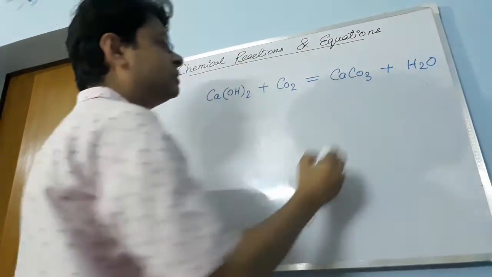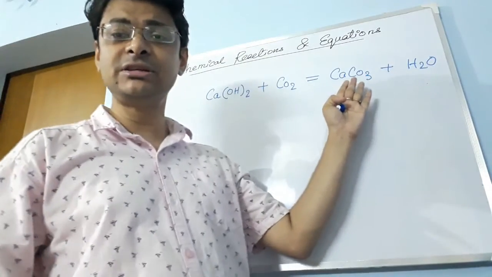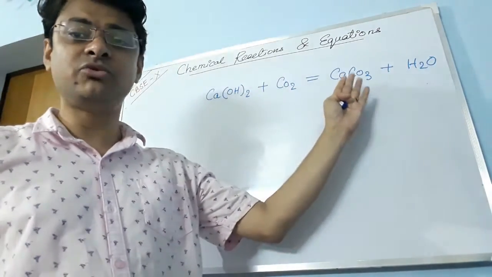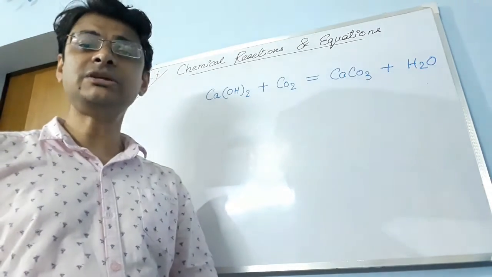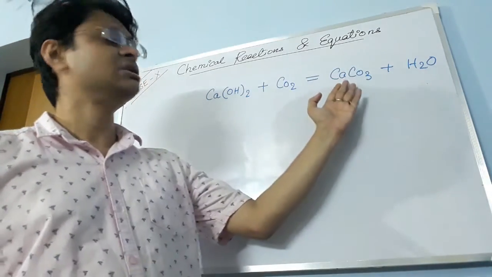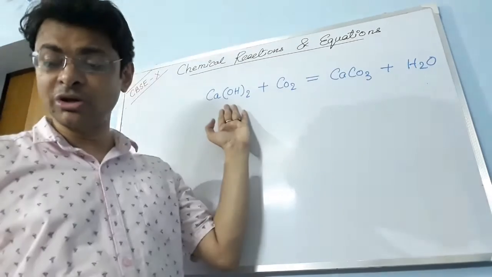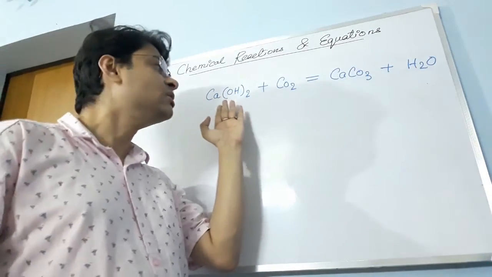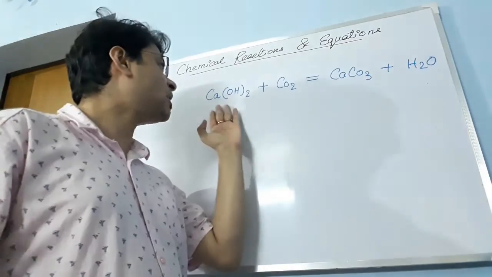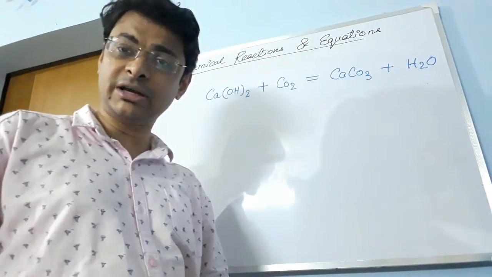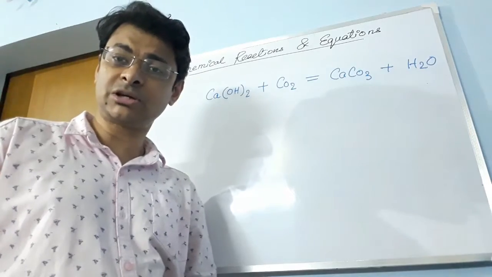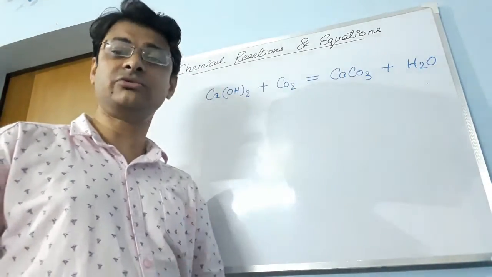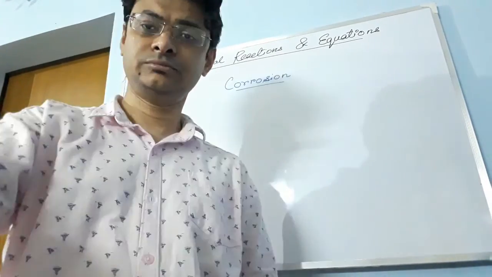Now this calcium carbonate gives a very shiny surface. It gives a shiny or white appearance due to the formation of calcium carbonate, which is formed from slaked lime, that is calcium hydroxide, with carbon dioxide. And how calcium hydroxide is formed, I have already explained: it is formed by the action of calcium oxide, quicklime, with water, and that reaction was an exothermic change.